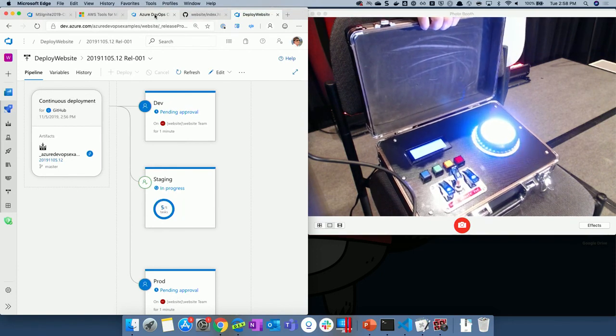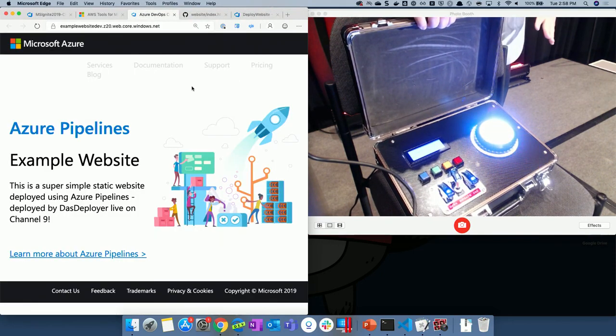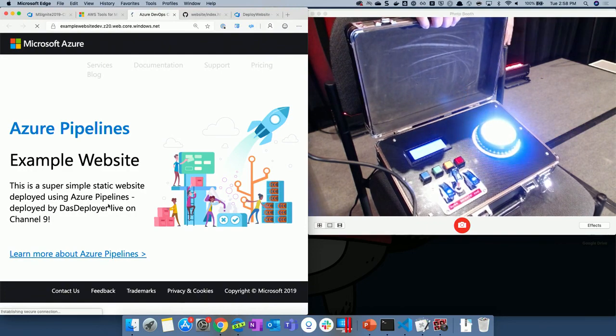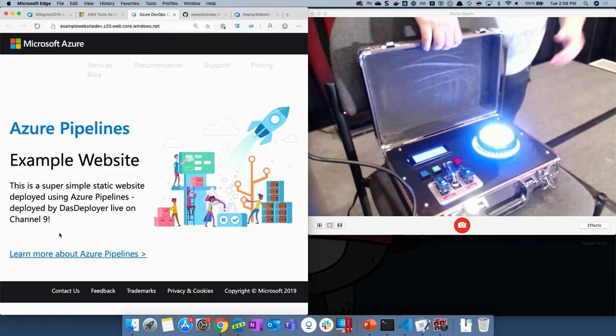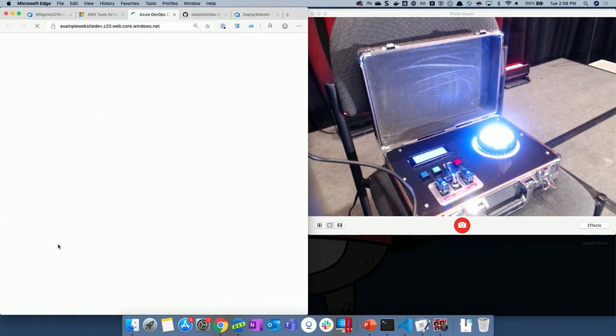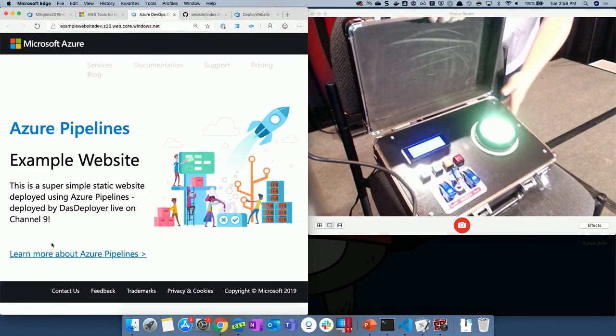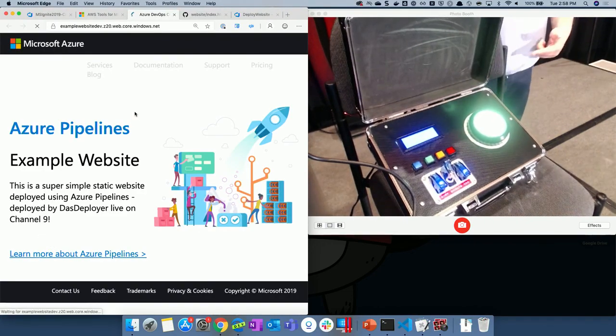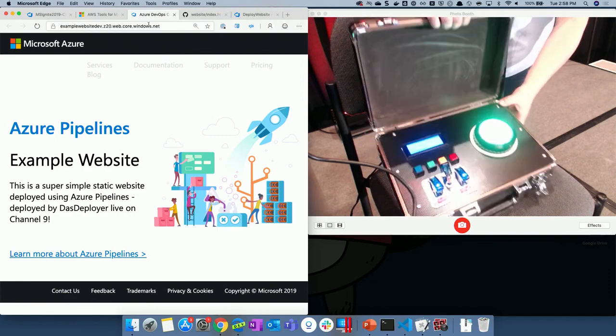I've actually got a session on Friday where I explain how to build this if you really wanted to. It's quite expensive to build, but I'll take you through it if you want. It's all right when you can expense it and claim it's a conference thing. This is privilege right here as well, by the way. The fact that I was allowed to bring this through TSA says a lot about me. But anyway, there we go.